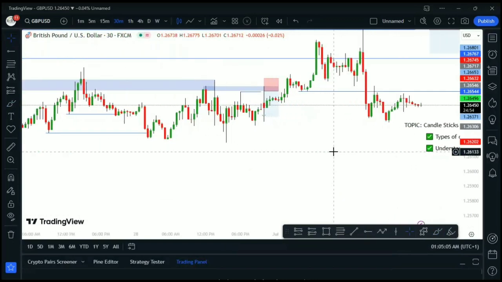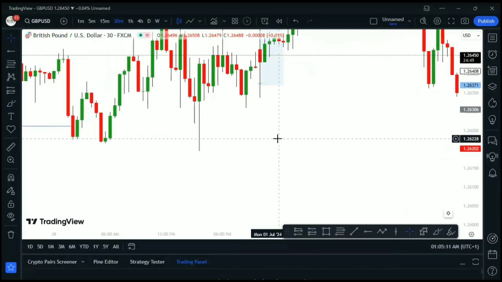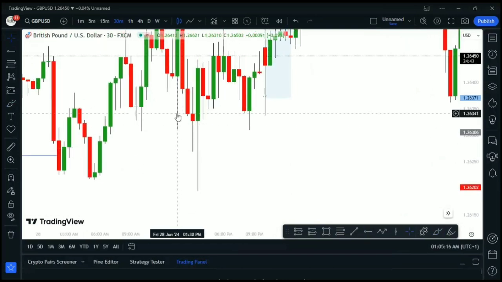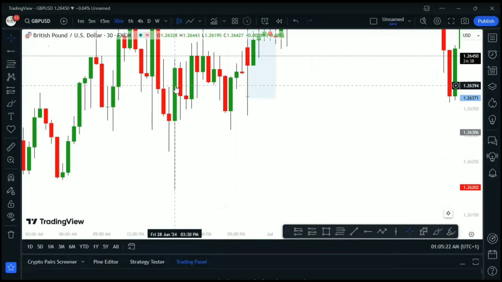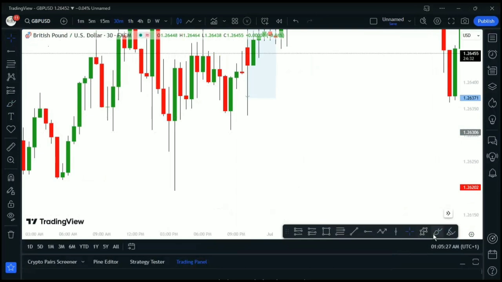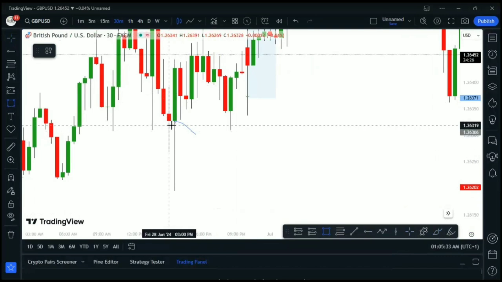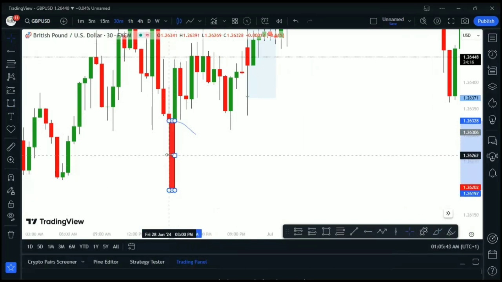So you can see wicks everywhere, which means that yes, the market moved in different directions. Okay. So let's use this as an example here. This particular candlestick here. Now, what does this mean? What this means is that the market opened where? This low, right? And opening at that low, it sold and sold and sold to this point. Do you understand? It sold to that point.